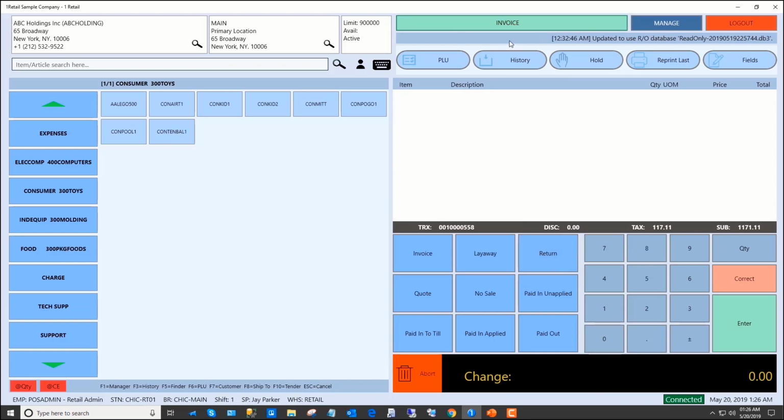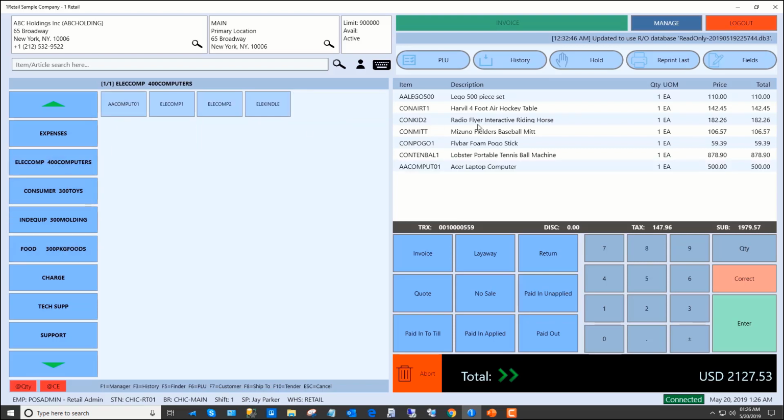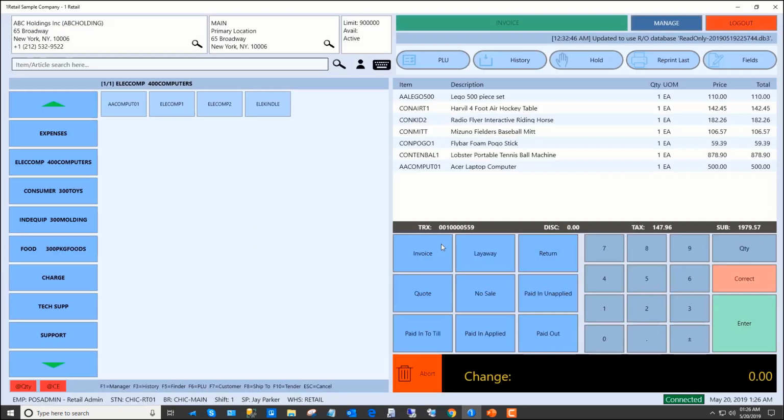So the system launches into an invoicing or sales mode. To do a new sale, we just either select a customer or accept the walk-in customer, and then scanning or entering the items that are going to be sold to this customer. You enter all the numbers you need, or the items that the customer wants to buy. Hit the enter key or the black bar at the bottom, and it takes us to a payment area, and we're able to complete the transaction, tender it with one or more tender types, and print a sales slip